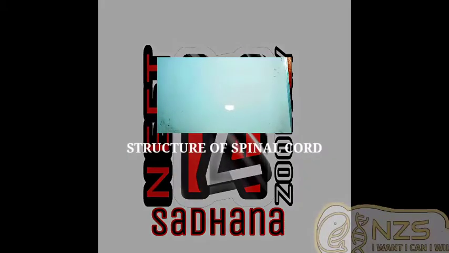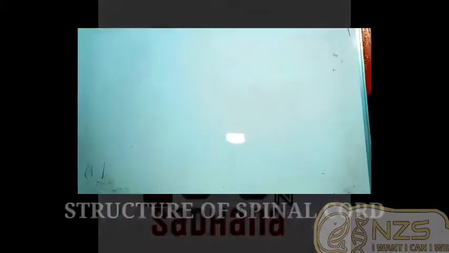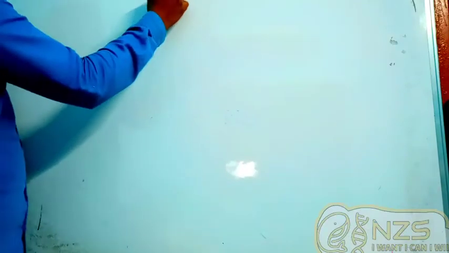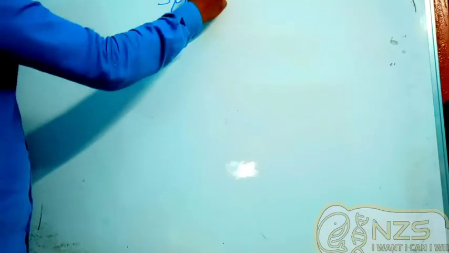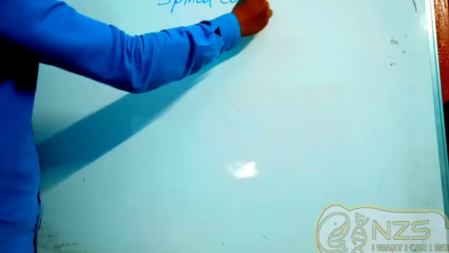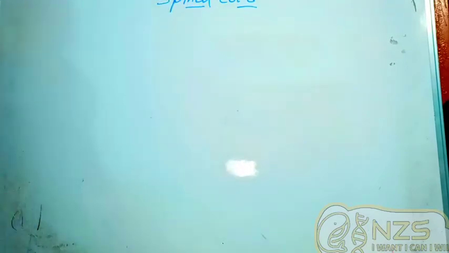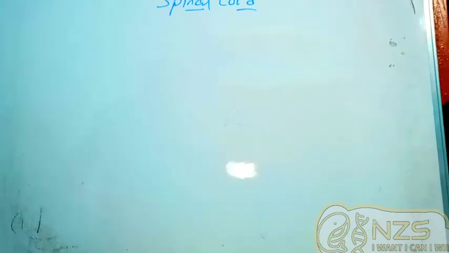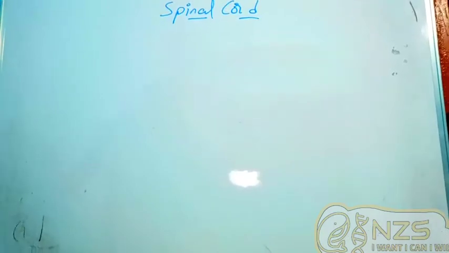In this video we'll try to explain the spinal cord of the central nervous system. In the previous videos we have gone through all the parts of the brain, all the structures of the brain. So in this video we'll concentrate on the structure of the spinal cord, where it is